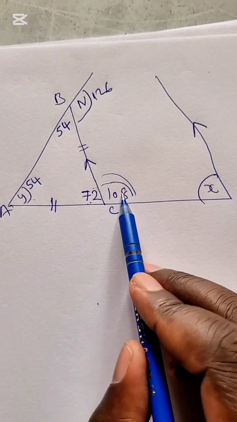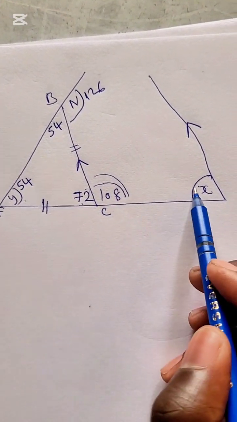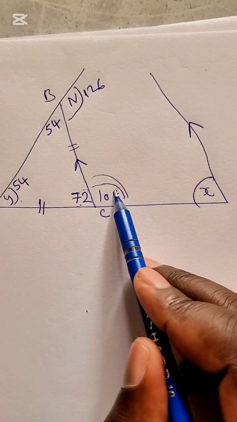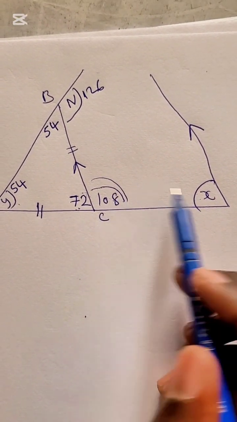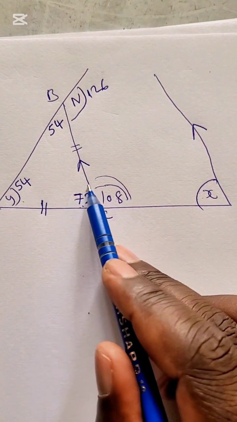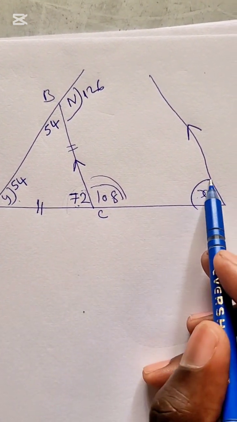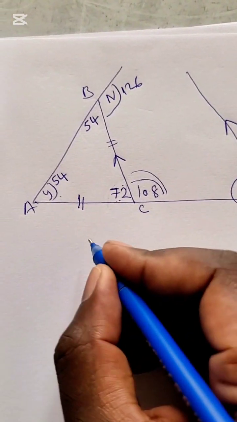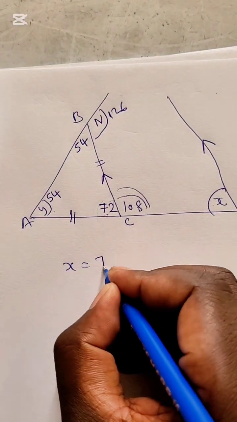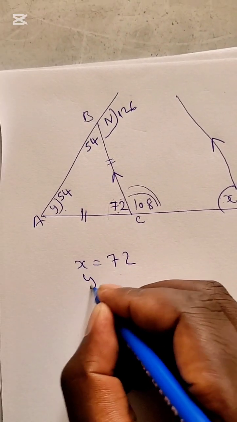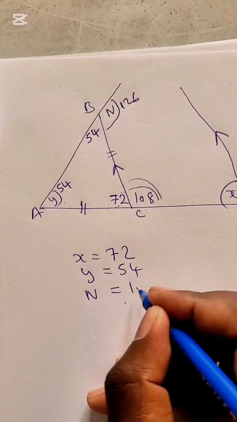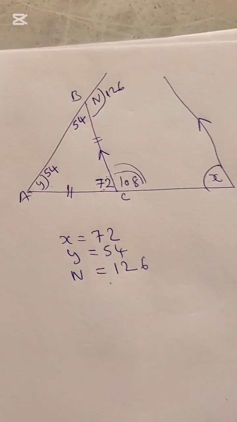So this angle and this angle, they are allied angles, so they add up to 180, or more like F angles. This angle right here and this angle right here, they are the same. So in other words, X is equal to 72, Y is equal to 54, and N is equal to 126